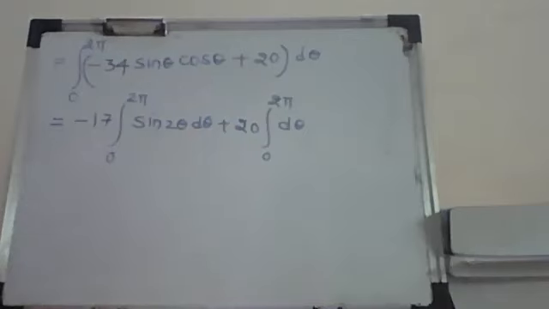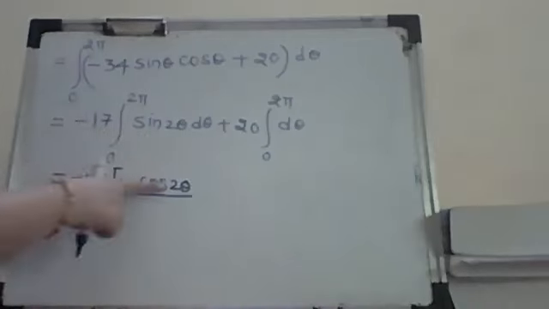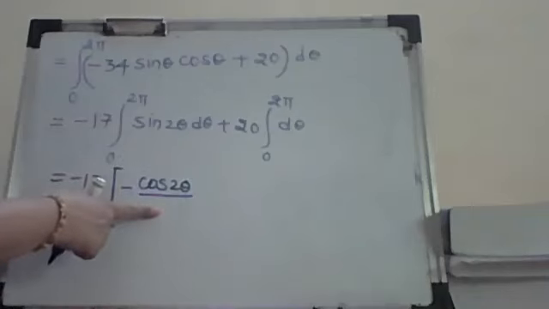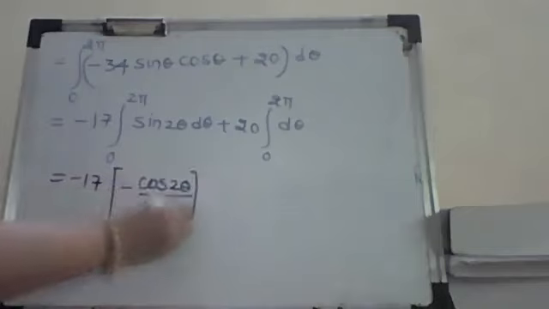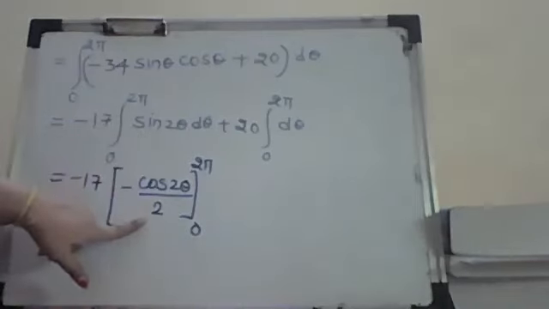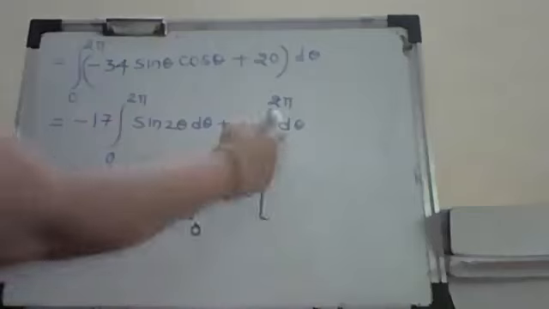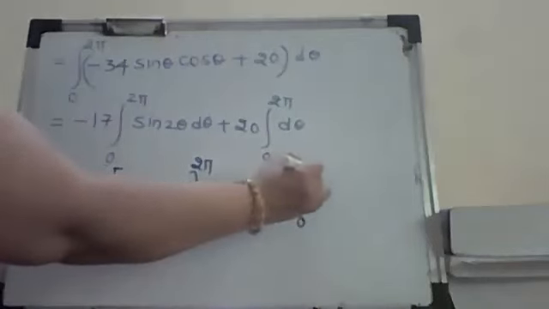Okay, so here it is minus 17. Here I'll get the integral of sine 2 theta as minus cos 2 theta. And one more thing, you have to divide by the derivative of the inside when you integrate. That is very important. So that is divided by 2. This mistake also happens many times, that students multiply because they are used to doing it for derivatives, and then they forget here. So whenever you are integrating this, you have to divide by the derivative. So this is 0 to 2 pi, and I have 20 times the integration of this, which is theta from 0 to 2 pi.